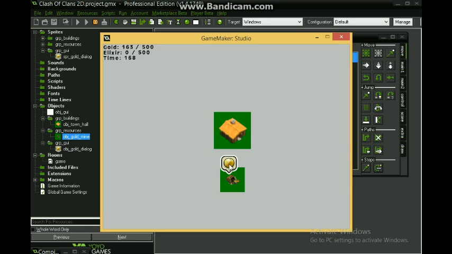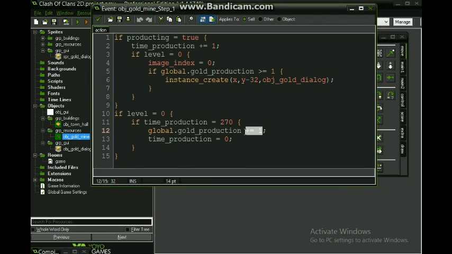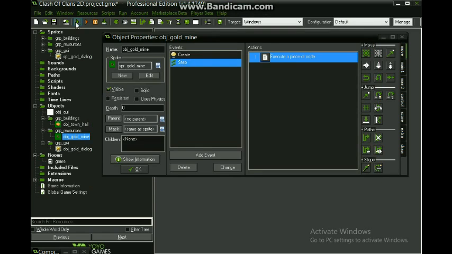So if we convert, oh no, I think we had a problem right here. If the gold production is plus equals 1, global.gold_production is still there, plus equals 1, equal to 270. So we just run it right there.